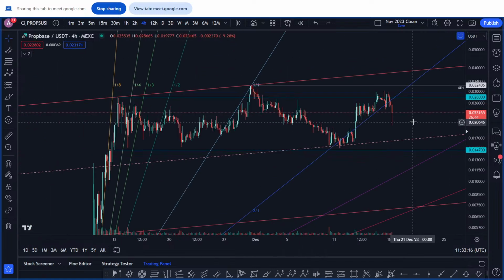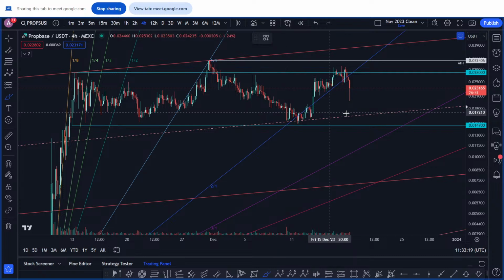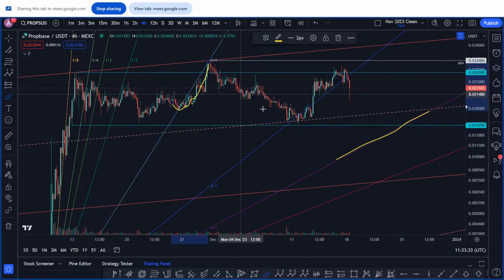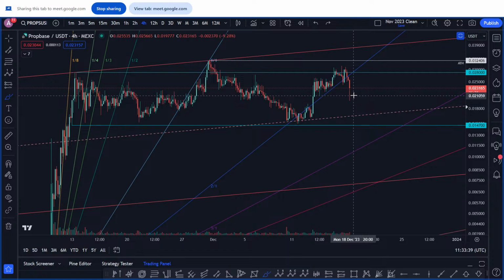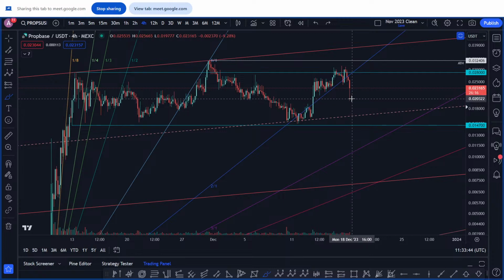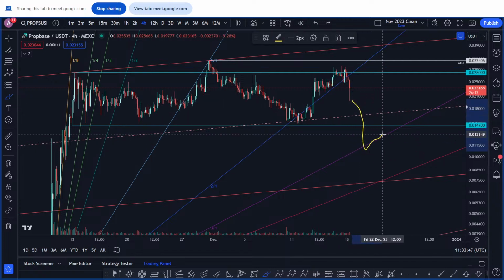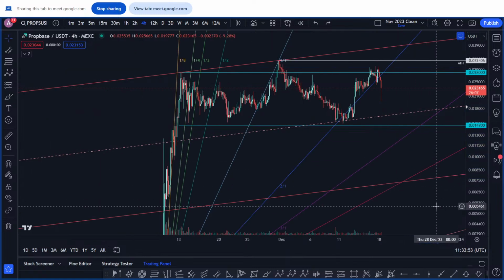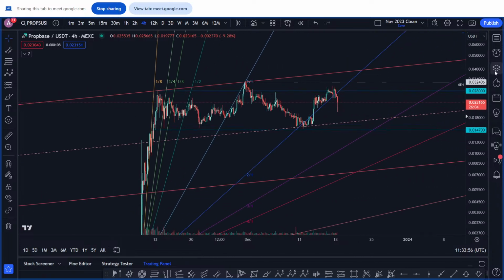So I would like to see the price work its way back down to this GAN fan, because obviously you can see the GANs are working. You can see the GANs are holding the price, or in some way controlling the price. Whether it comes under and goes up, or comes to it and goes back up, I wouldn't be surprised if, however this gets here, if it dumps, it might do this and then continue down. And my original idea was that,